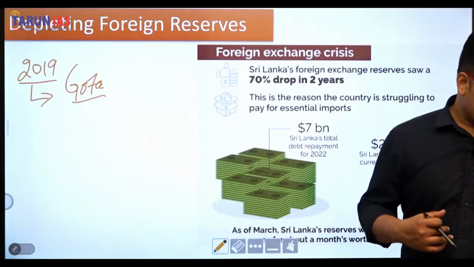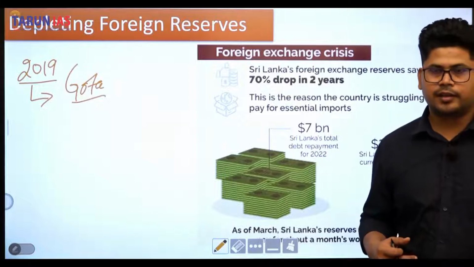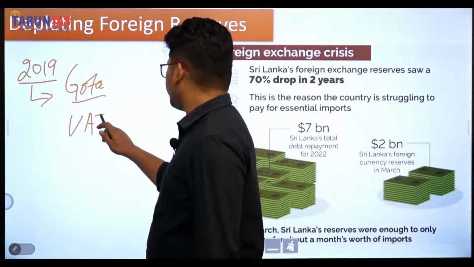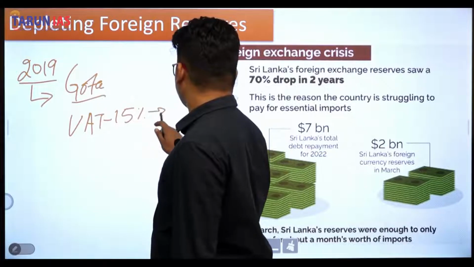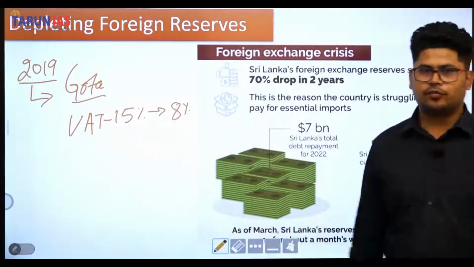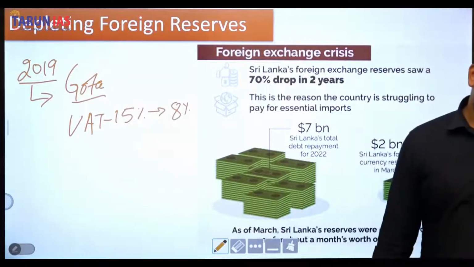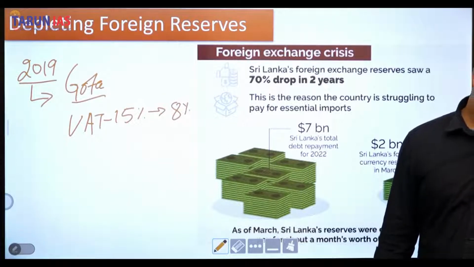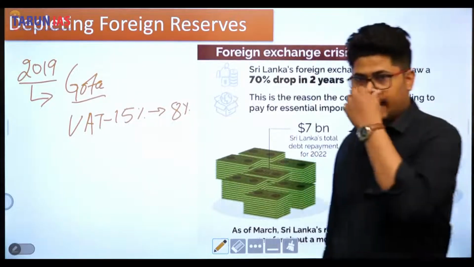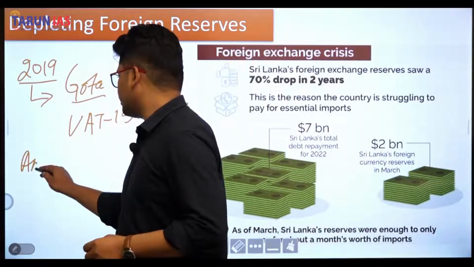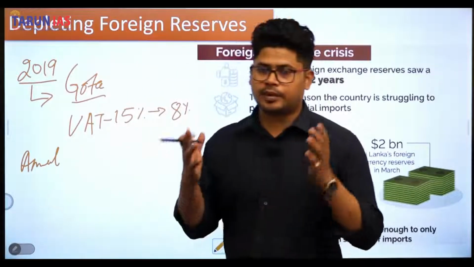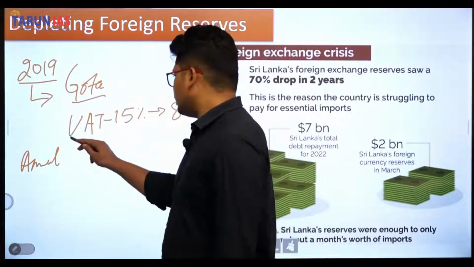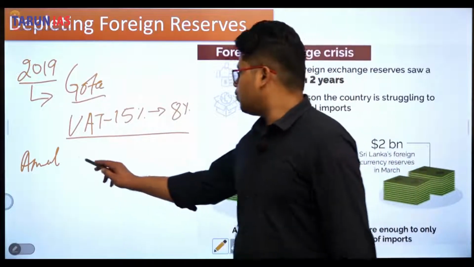Now what happened was, after winning the election, he reduced the VAT. Okay. He reduced the value added tax from 15% to 8%. ठीक है, VAT was reduced from 15% to 8%. Okay, and the annual threshold limit, ठीक है, जैसे इंडिया में टैक्स स्लैब्स होते हैं कि आप अगर इतनी इनकम से कम है तो आपको टैक्स इतना देना, अगर आप 6 लाख से कम है तो आपको टैक्स नहीं देना. तो similarly the annual threshold limit was increased from 12 million Lankan rupees, LKR,